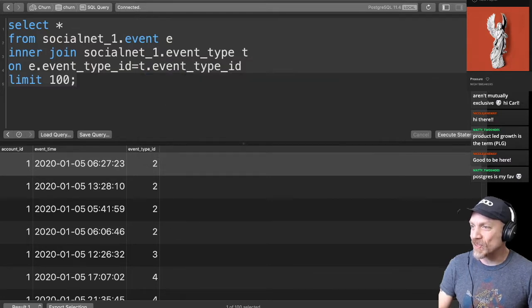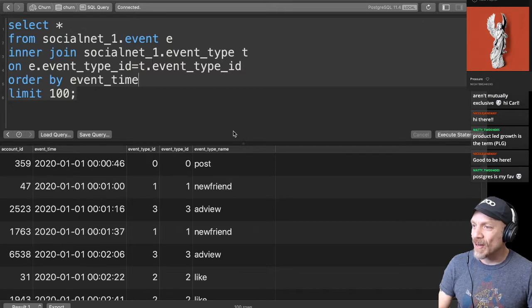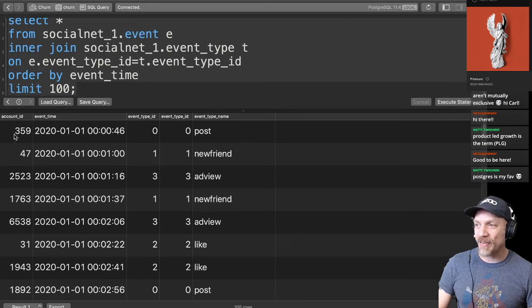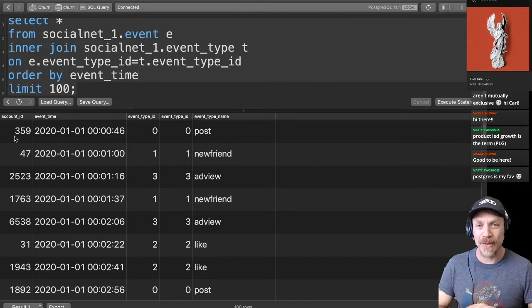And again, this is just for demonstration purposes. Let's see, order by event time, because we don't just want to see the same account and event. All right, so here we have a better selection of events showing from our Postgres database. So all the events have an account, and so you need to identify your events to the account to make all this work. So you need to be tracking your users as they use your product, although you're not stalking your users on the internet here. This is just like the plumbing of your product, although again, this is simulated.